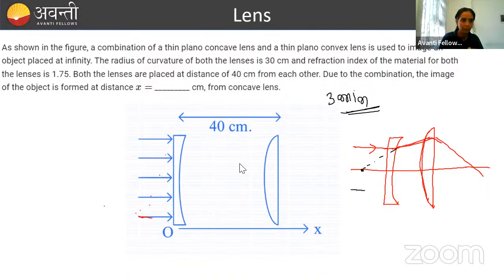A second ray of light you can also draw, right? So the second ray of light you can draw like this. Again, this will also pass like this, and then it will converge somewhere here. So when you extend the second refracted rays backward, you will get here. So the first lens will form the image at its focal length, and its focal length we need to calculate by using the lens maker's formula. For the second lens, this will become the object, because the incident light on the second